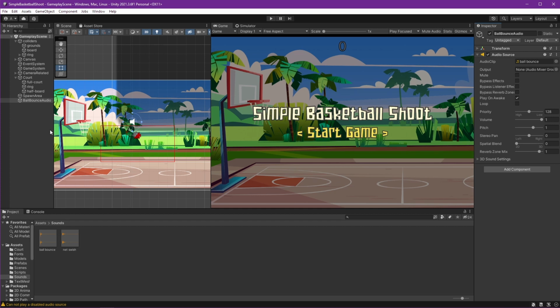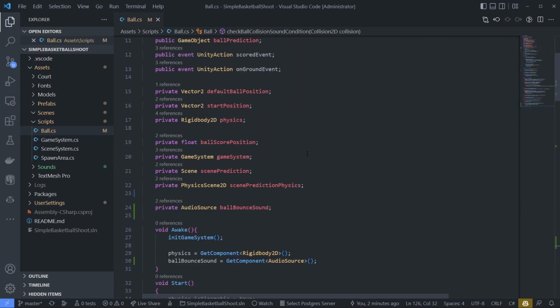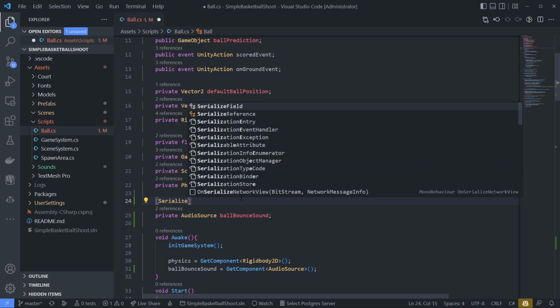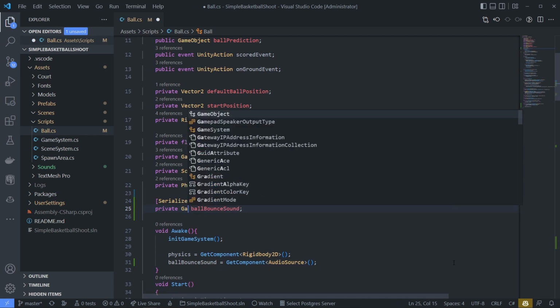And how do we use this? We can make it a prefab, ball bounce audio, it becomes a prefab, and then in our ball, instead of using the audio source like this, we can use game object, use serialized field, so we can add the ball bounce audio from the Unity editor, and it becomes game object.